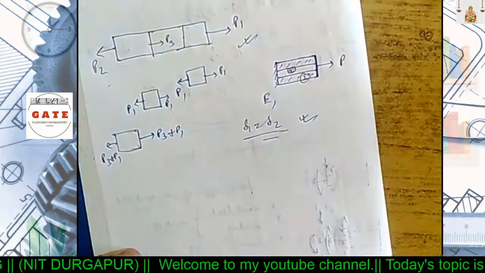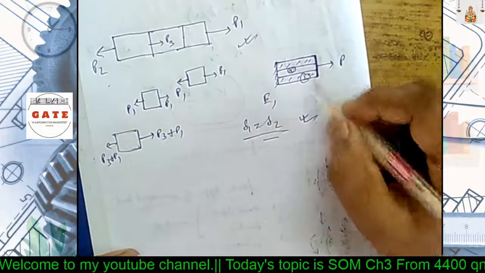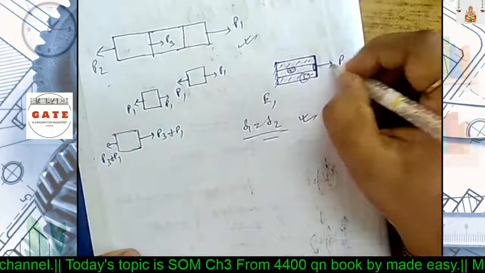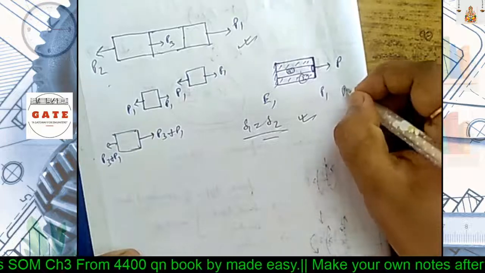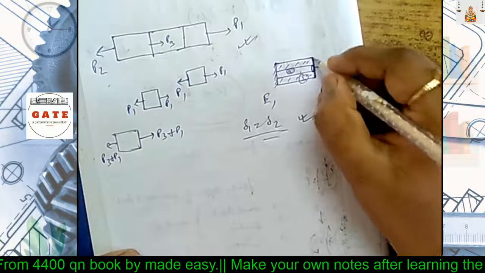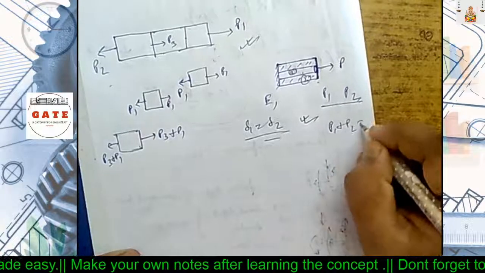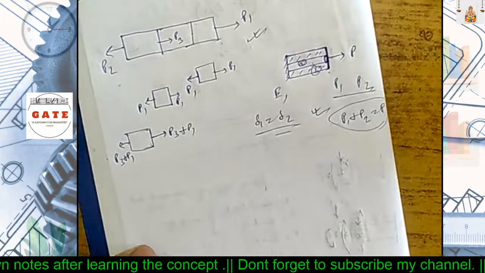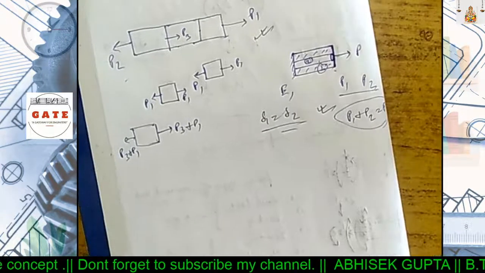So we will get one relation from here, and another relation will be the stresses acting. Stresses acting will be different because of the area in contact with the load. So for one case, suppose P1 load is there, for another case P2 load is there, and area is A1 and A2. So that will differ. P1 plus P2 will be P, total load. Okay, so one equation, two equations, we will solve this type of numericals.